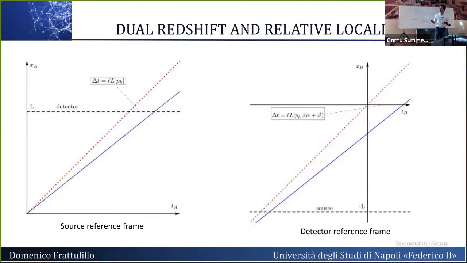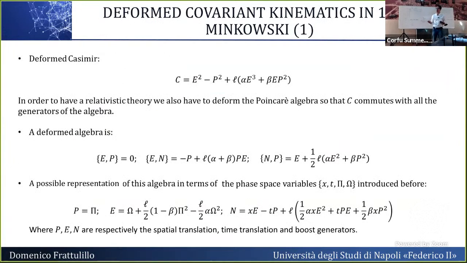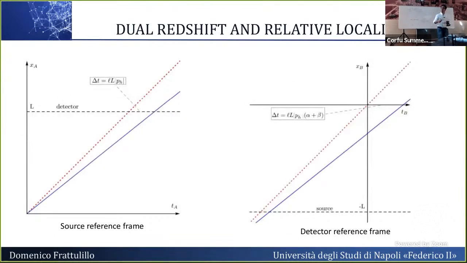But if we consider the detector reference frame, this is a distant observer from the source. And so we have to act with the translation generator on the world lines in order to calculate the time delay in this reference frame. But if we look at the representation of the Poincaré deformed algebra, the time translation generator is not trivial, it is deformed at Planck scale. And so when we act with the time translation generator on the world lines, the action of the time translation depends on the momentum that the particle carries. And so the two world lines will be translated differently, and we will have a relative locality effect. That means that the two world lines in this reference frame do not cross in the source origin. And so the expression of the time delay will change, and we will obtain this new result that is different